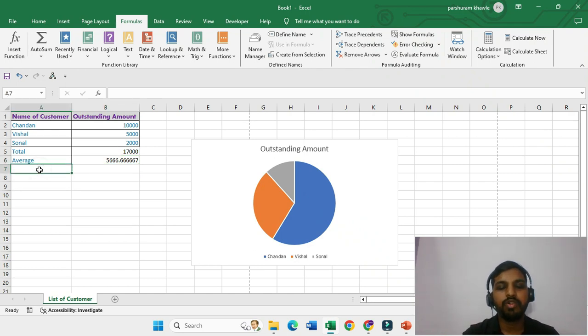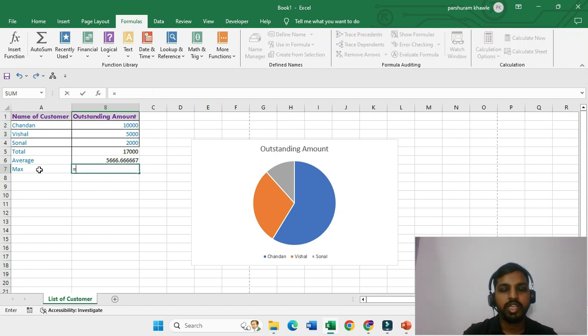Now there is one more function, which is the max function, which reflects the highest value. Now you can easily tell that the highest amount is 10,000. But imagine when you have data in thousands of lines, then it will be difficult to identify the maximum value. So just go here, is equal to max, open bracket, select all the three cells and close